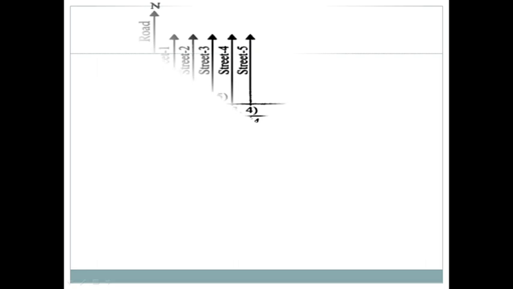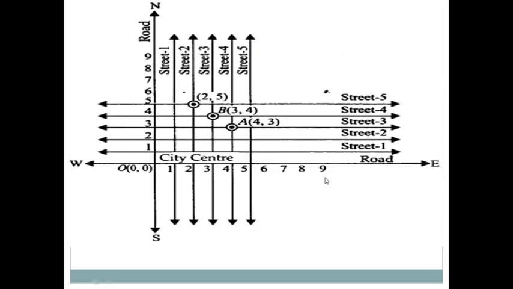So after doing that our model will become like this. This is the center of the city, and here the marking is given as 2 comma 5, and this is the crossroad, that is 4 comma 3, that we consider as A, and the second crossroad, that is 3 comma 4, that is B. So here first, a unique cross street as shown by the point A, 4 comma 3, and a unique cross street as shown by the point B, 3 comma 4.